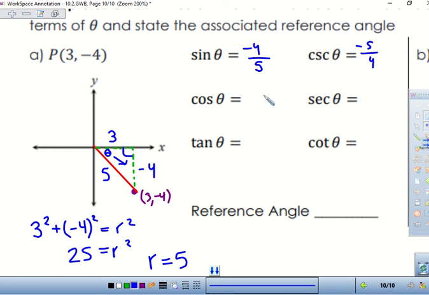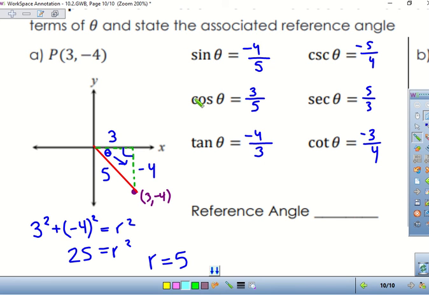Cosine is adjacent, which is 3, over the hypotenuse, which is 5. Secant is the reciprocal of that. Tangent is opposite, -4, over adjacent. And cotangent is adjacent over opposite. So does everybody see where I got those from? Now,